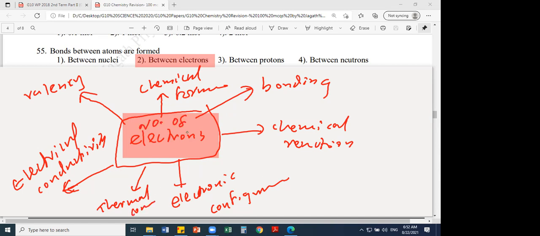Why? Okay, I'll ask a simple question. You take a plastic ruler, a plastic rod, it has molecules, that is also made of elements. Why won't it conduct electricity? But if you take a metal rod, why does it conduct? Because both consist of elements and compounds. Yes, who can give me the answer why a plastic rod won't conduct electricity, and why a metal rod conducts electricity? Any volunteers?